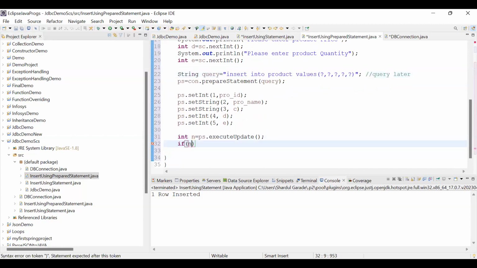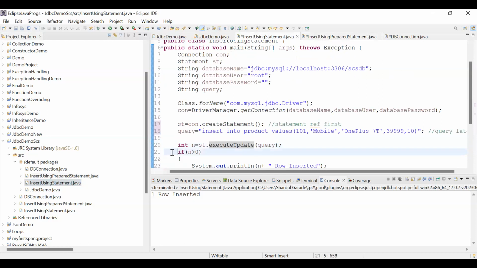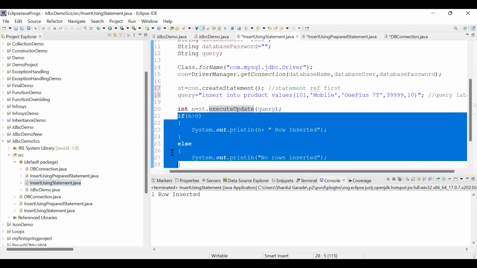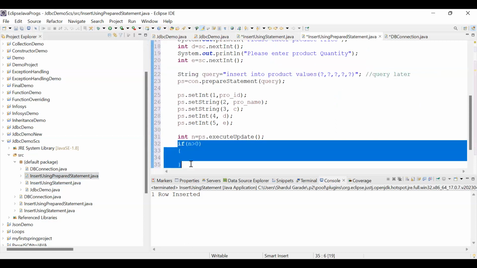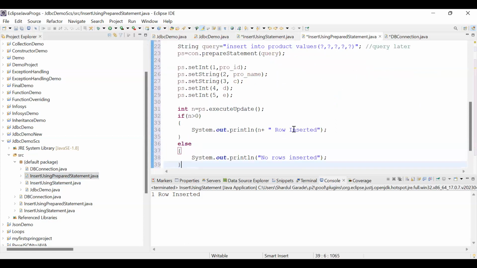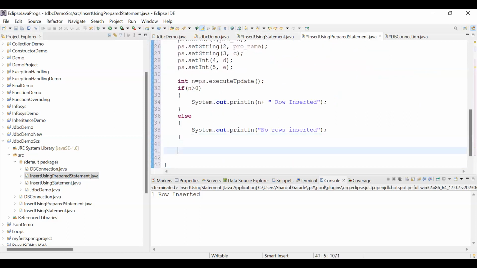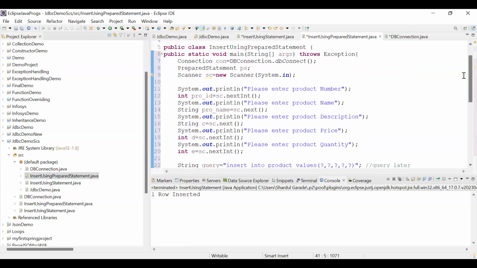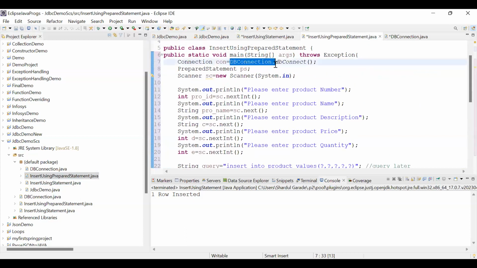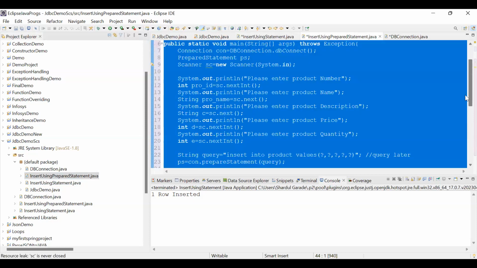If my n is greater than 0, you can just copy that code from here. It's going to say one row inserted, and otherwise no rows inserted, correct? Yes, sir. And once you have finished it, you can call the Disconnect function, right? Yes. So as we call db connect, you can similarly call